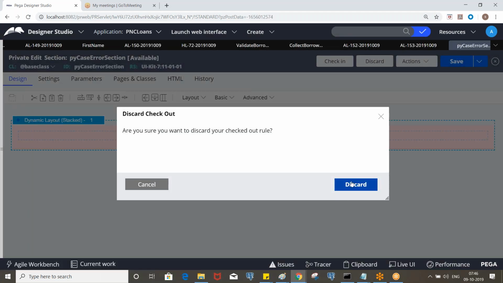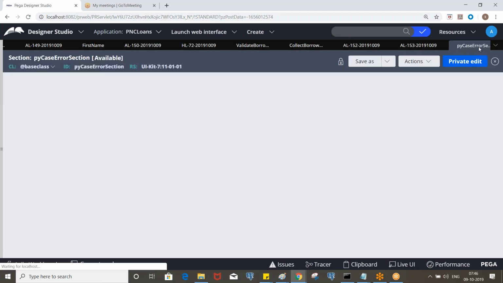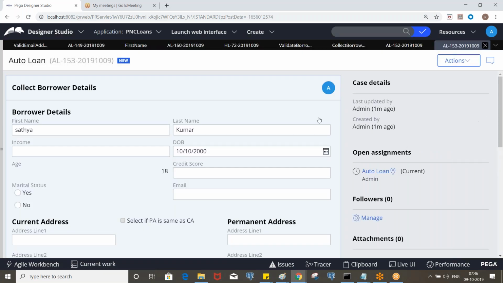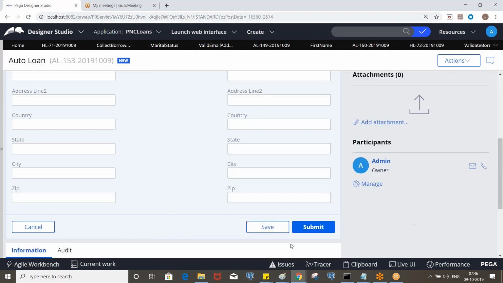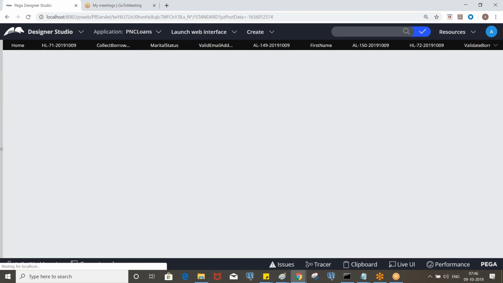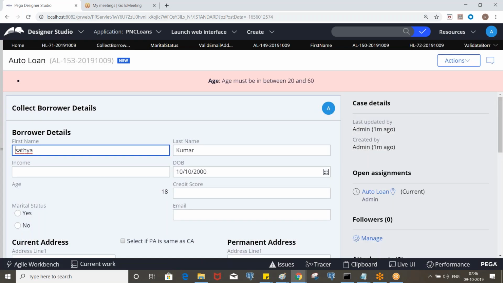Since we have a declarative, it will not be displayed on the property. Okay, so there was one rule in the private edit. In some messages it will display on the property as well as here, right? So we need to handle that.